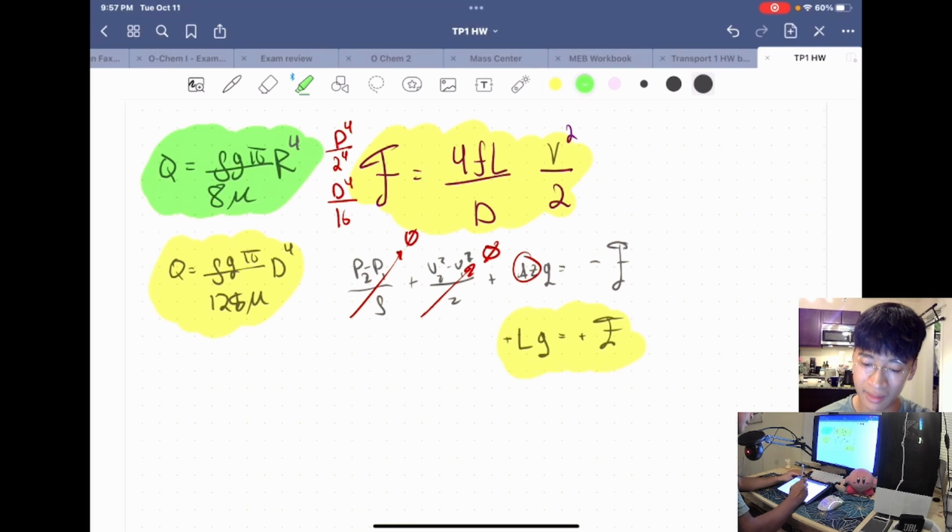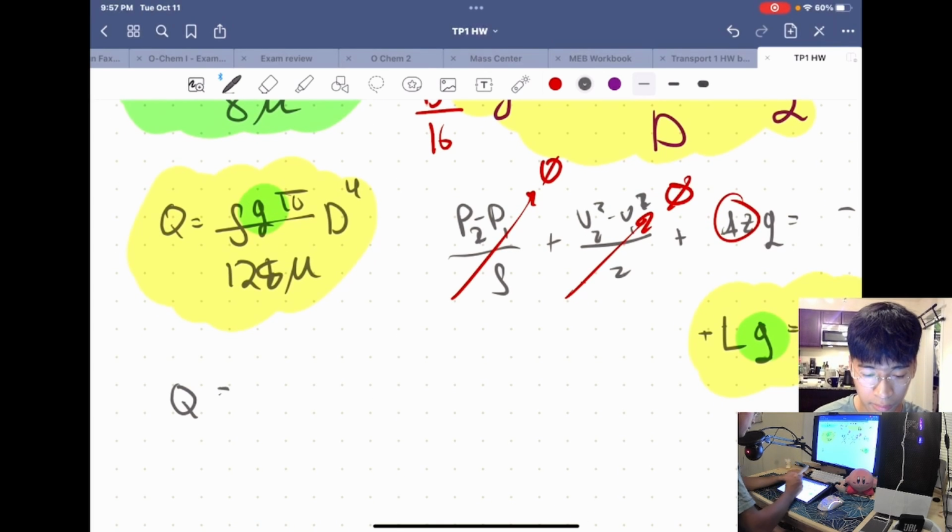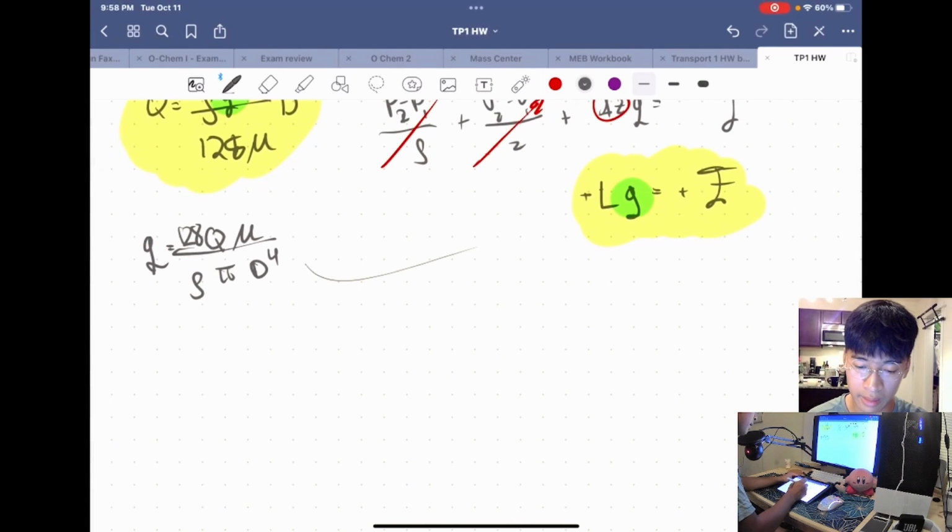But you notice, hey, I got G here. I got G over there. That looks like a pathway to me. So we go ahead and pursue it. Okay? So we say G is equal to Q, 128 Q mu over rho pi d to the 4th. Okay, so you can plug that in and we get L